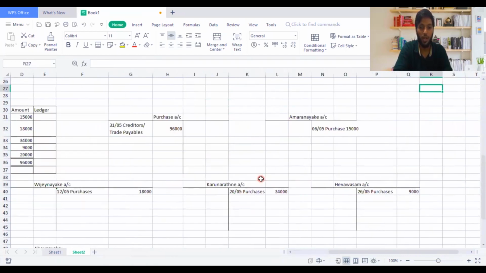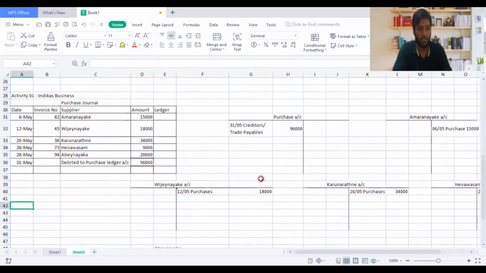So let's move on to activity 2. If you feel my lecturing speed is too fast, you can go slower on YouTube. You have the option to go slower, like 1.5 or 0.5. You can reduce the speed at which I'm speaking, because that's how I speak. And if you feel I'm very slow, again you can make it faster. On YouTube, you have the settings column on this video, where you will be able to find it.